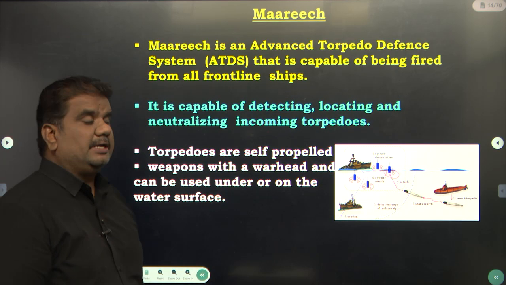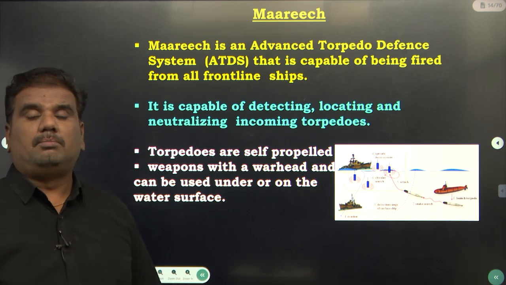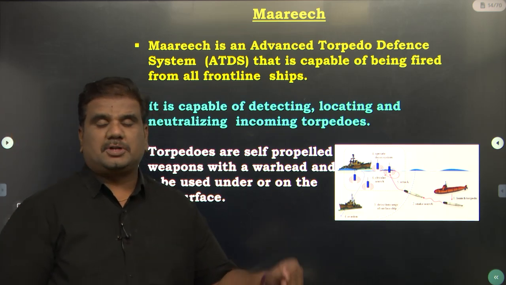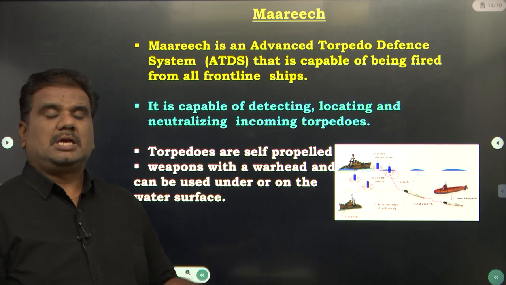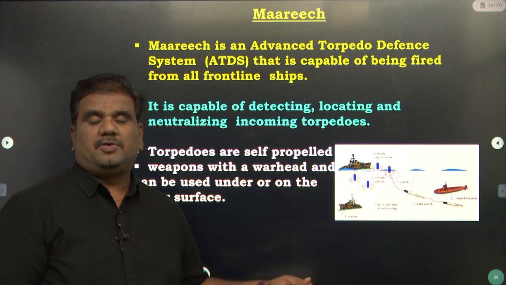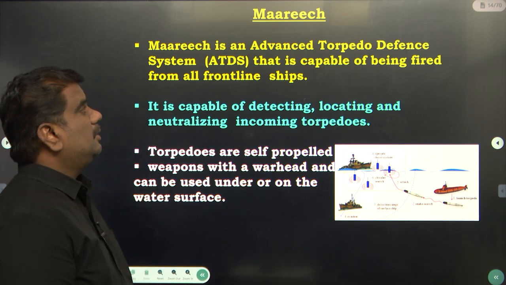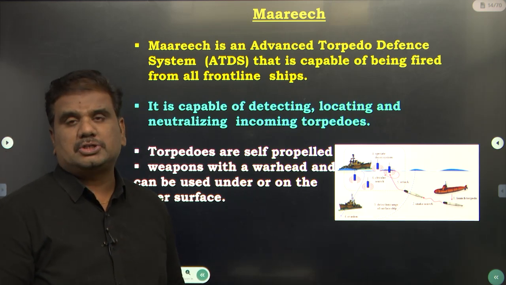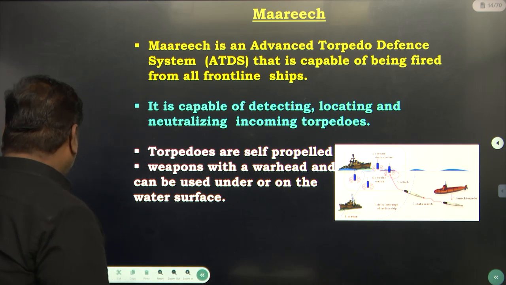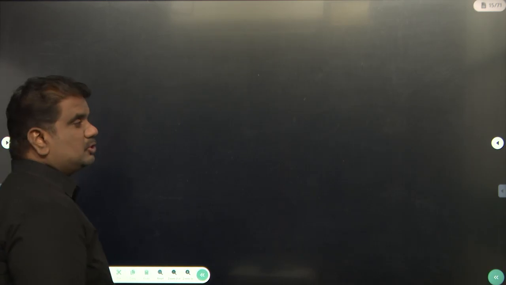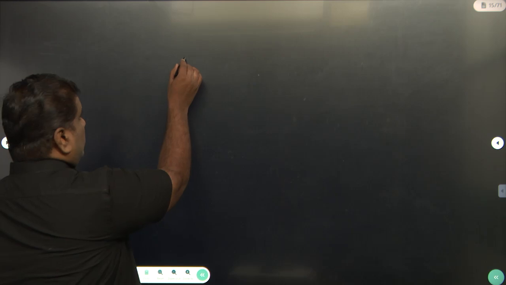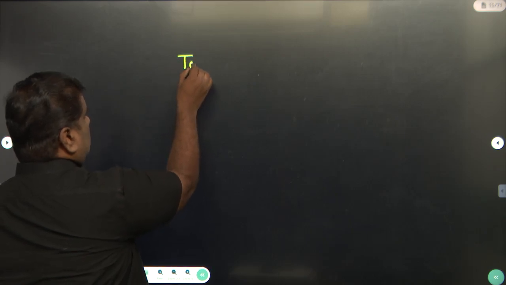Then you talk about the case of the next one, that is the case of Marich. So after Mission Shakti and the Prithvi Defense Vehicle Mark II, moving on to the next one, that is the case of Marich. Now, what is this particular Marich? So basically, we need to know about a few terms here.